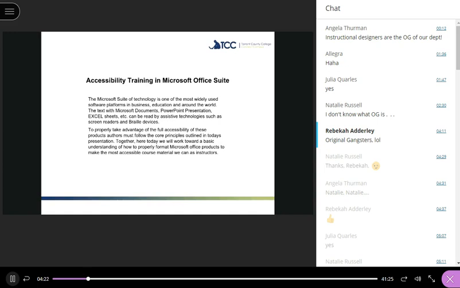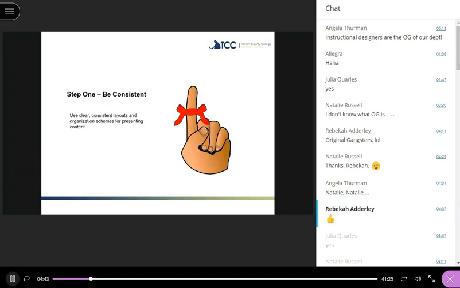I'm going to go ahead and show you guys what that looks like as we go through this. Office and PowerPoint, even Excel, have some ADA features that are built in that are really fantastic for instructors. So let me go ahead and move forward here.